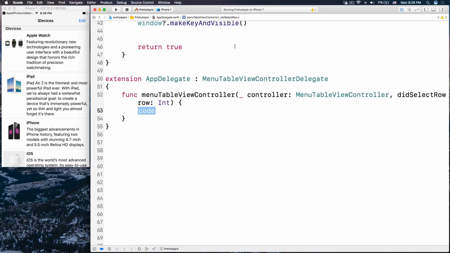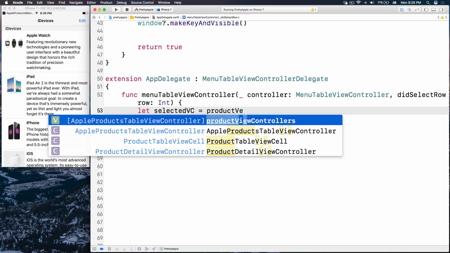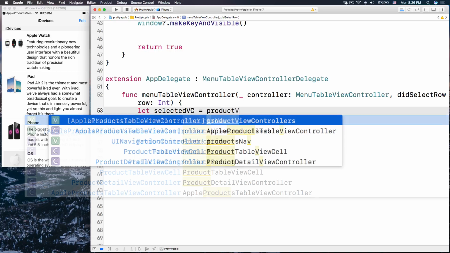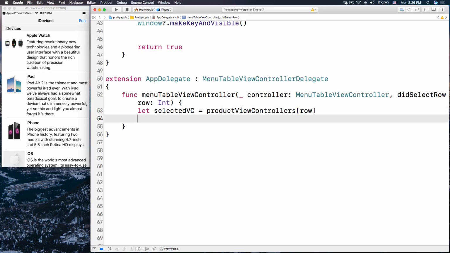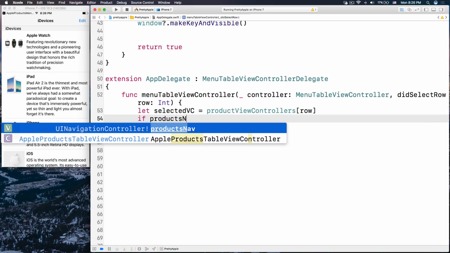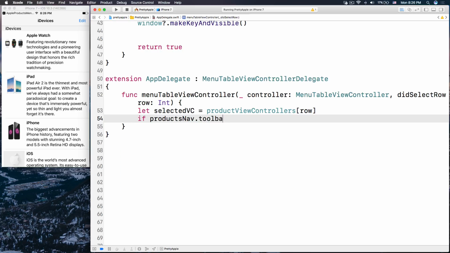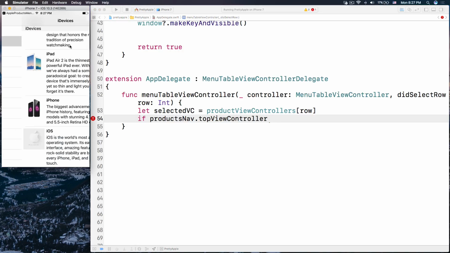Now, here we have access to the row. Right? We have access to this row. So let's have the destination. Let our selectedVC view controller be the productViewControllers at row. Then let's check if the productNav.topViewController, the top view controller of the product navigation here, which is the one that is visible,